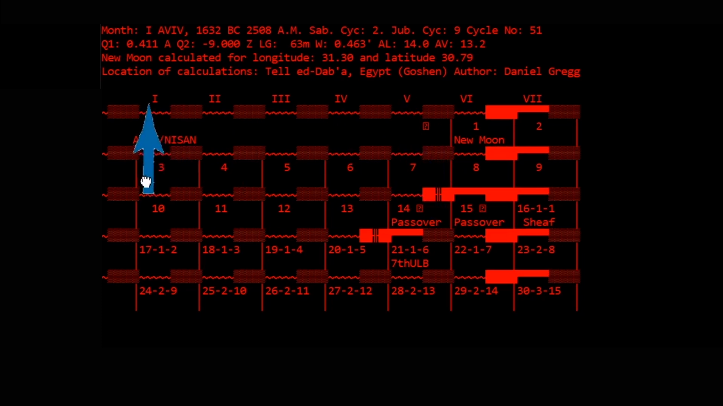So these are the days of the week: Sunday, Monday, Tuesday, or first day, second day, third day, fourth day, fifth day, sixth day, and seventh day for Sabbath. The shaded region here refers to a holy day or a Sabbath. This refers to a Sabbath. And the new moon day is, of course, on the day after the sighting of the new moon, which would